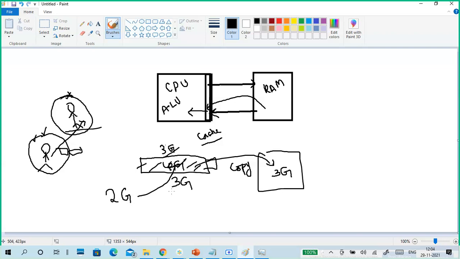Why? Because already 3 GB is occupied, 1 GB is free, but he's trying to put 2 GB. So the data is already there. It means you can't put the data. So what do you have to do after copying? After copying, you have to delete it. You have to delete the data, right? Similarly,